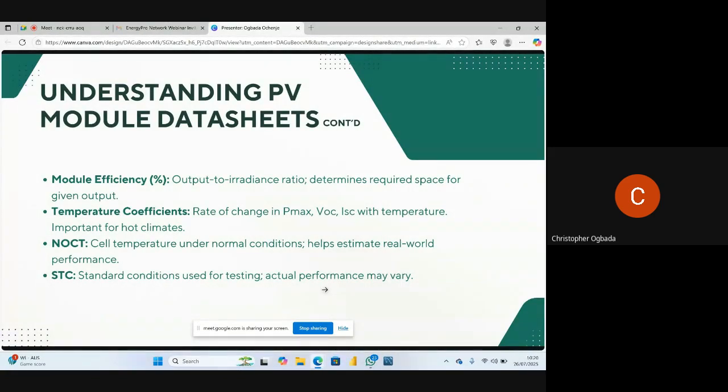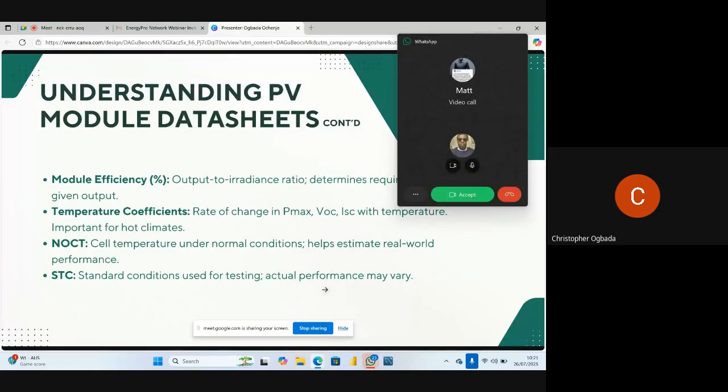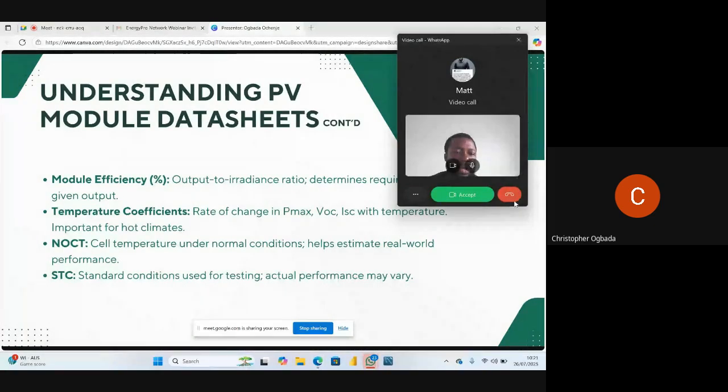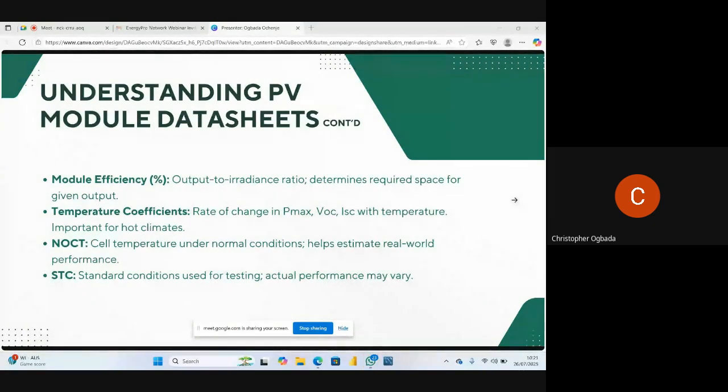Each panel has its efficiency, right? And it also has its temperature coefficients, cell temperature under normal conditions, irradiance, right? You see the panel irradiance that you are going to look at, the power output per area of your solar panels at standard conditions, and losses that happen as temperature begins to increase above standard conditions. If we have the time in our subsequent sessions, we'll be able to look at that as well.